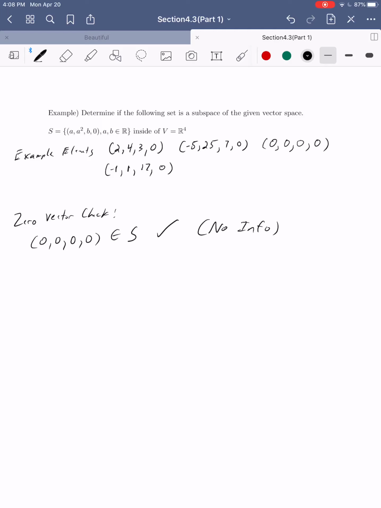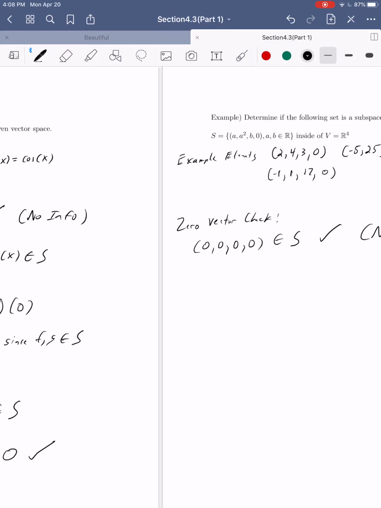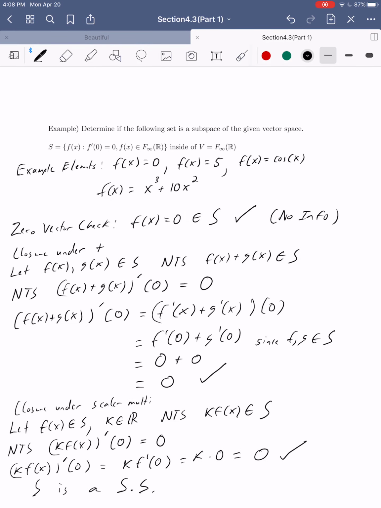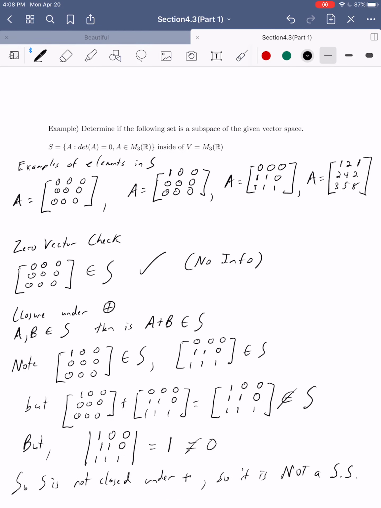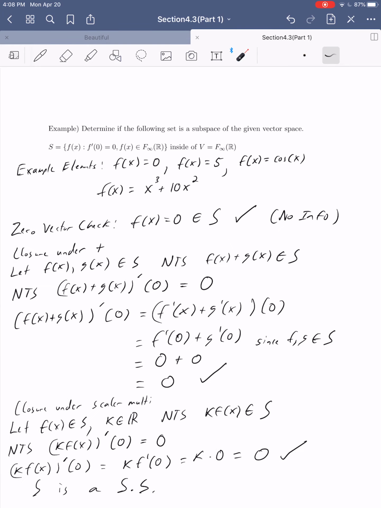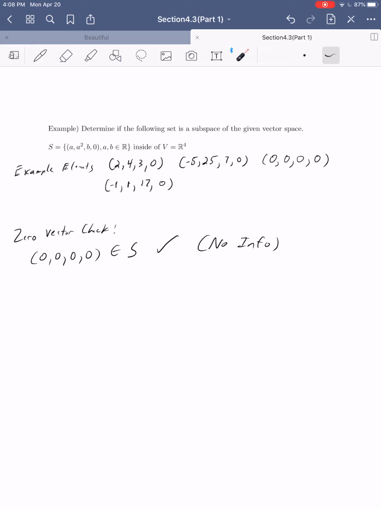Again, one of the reasons I do want you guys to think about that 0 vector is also, if you look over these examples that we've been doing, the 0 vector that we've been looking at each time has been very different, right? The 0 vector in our first one here was the 0 matrix because we were working in M3 of R. In this guy, the 0 vector, again, 0 vector in quotation marks, but terminology we're applying in general, was the function f of x equals 0. And the 0 vector this time is literally a 4-dimensional 0 vector because we're inside of R4. Okay, let's think about closure